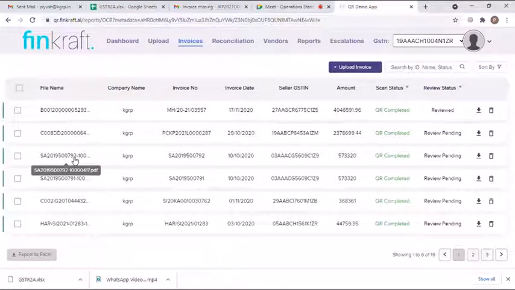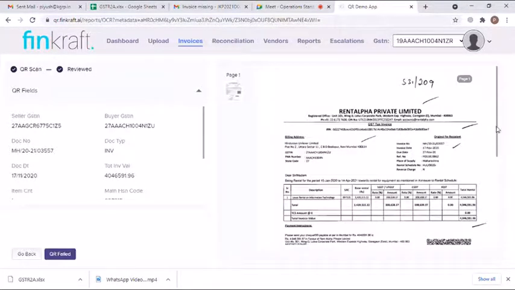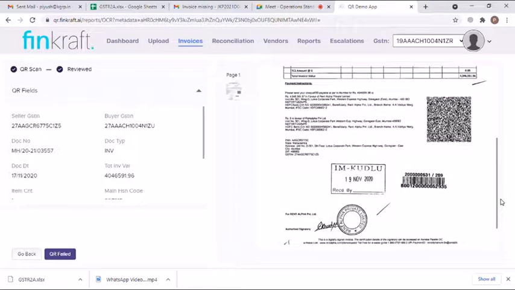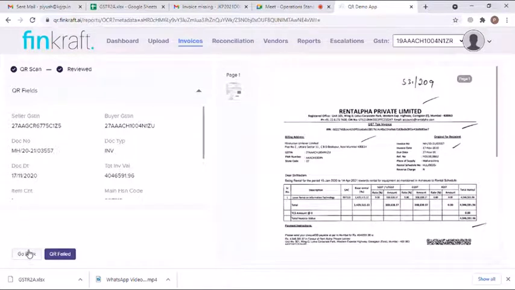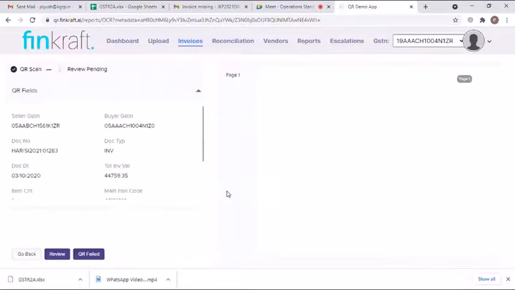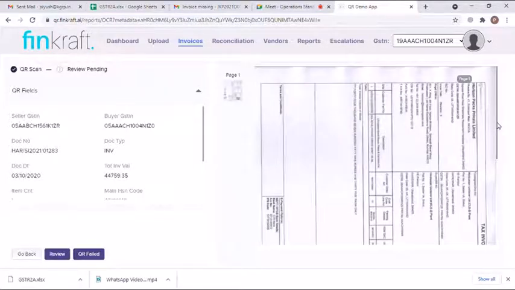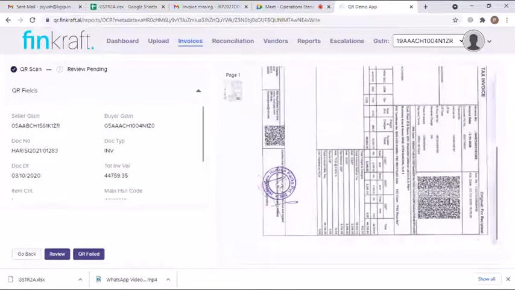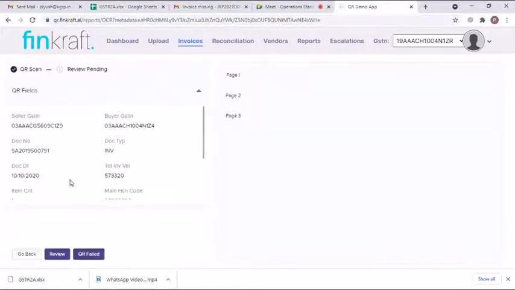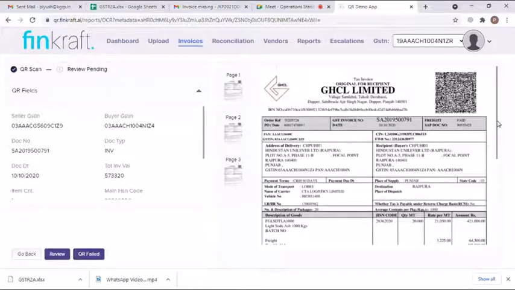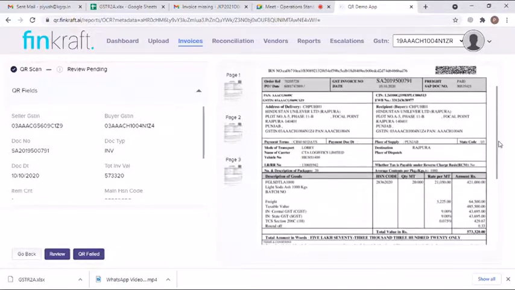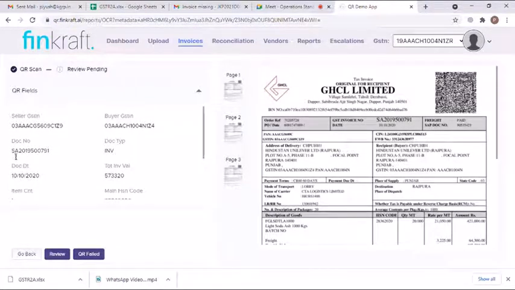Look at these sample invoices, how bad they are. We have read all of these. Also notice that our AI engine is constantly training and learning as more and more invoices are read. We understand formats, we are template agnostic. Any type of invoice our AI engine will quickly learn. There were even a few sample invoices which were not read by the NIC portal. We have decrypted them too. You can have a look at it now.